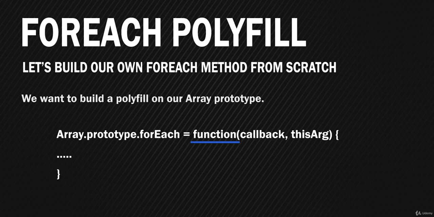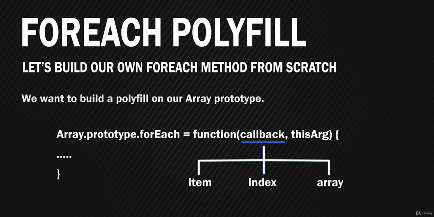And that forEach method takes two arguments. The first argument it takes is a callback. And remember that callback? That takes three arguments. It takes the item, the index, and the array. I don't often use the array, that's why we're only concentrating on the item and the index, but it does